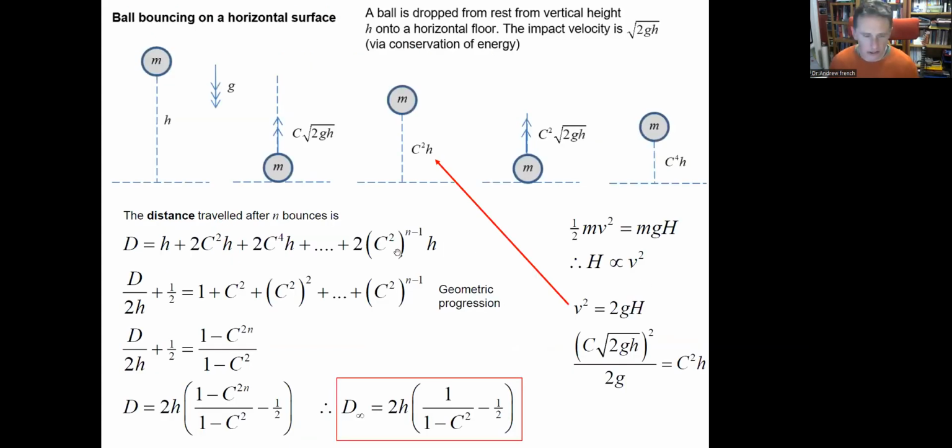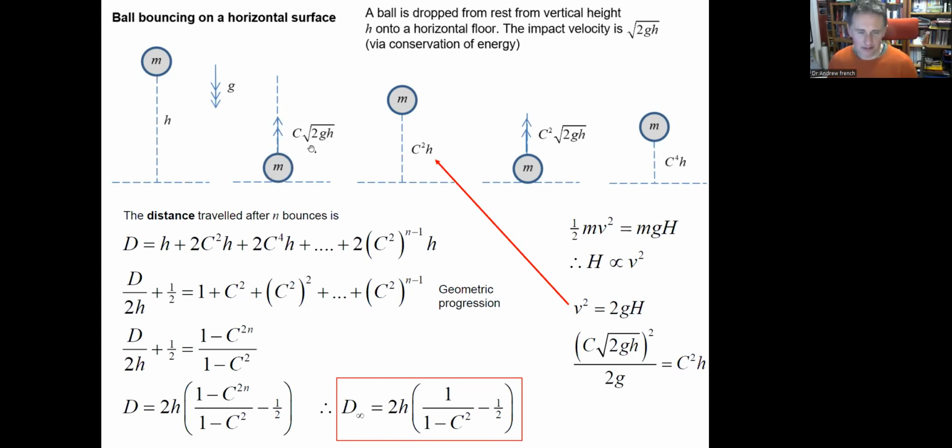So I think I'll just give a very little nod to how you might model this mathematically. But this is something you want to look at in slow time with a nice cup of coffee and possibly a friend. So this is the mathematical modeling. We've got a ball dropping here. So the mgh is the gravitational potential energy it loses, or you can use SUVAT. And if you work out what the velocity is, that's going to be root 2gh. So half mv squared is mgh. And then we're multiplying that by a coefficient of restitution. So that's the velocity that it bounces with.